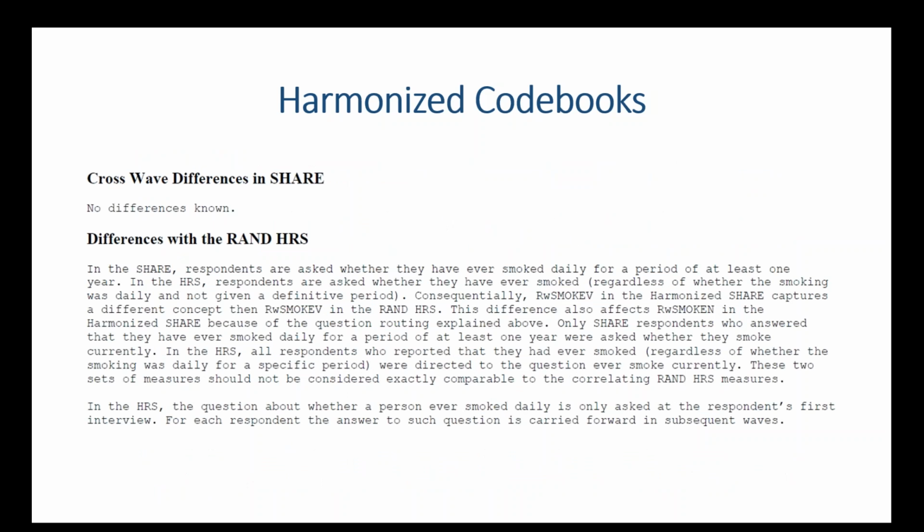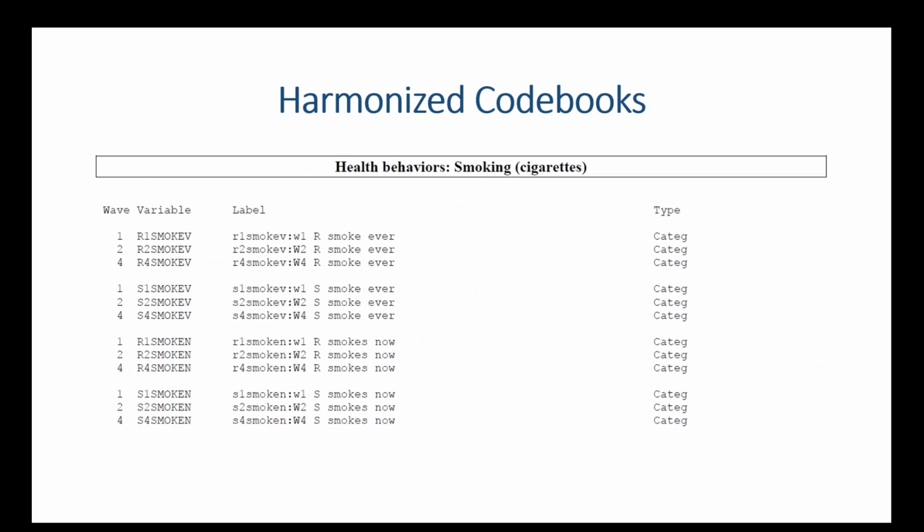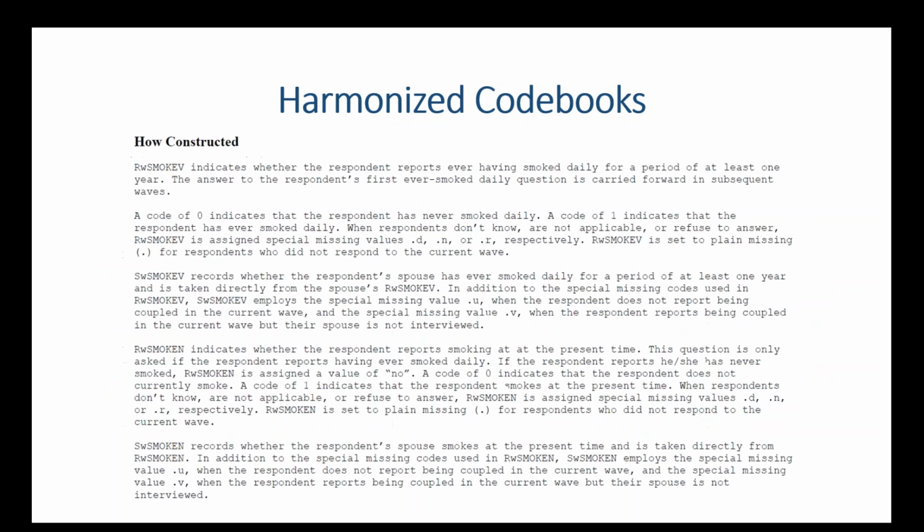And then, because what we really want to do here is encourage cross-national comparison, we always use the RAND HRS as our basis for comparison, and so we highlight any differences between this version and the RAND HRS version. So here we say, in SHARE, respondents are asked whether they've ever smoked daily for a period of at least 1 year. In the HRS, respondents are asked whether they've ever smoked, regardless of whether the smoking was daily, and not given a definitive period. So there is some difference. And in this case, we've used the same variable name convention that is used in the HRS of smoke ev and smoke in,